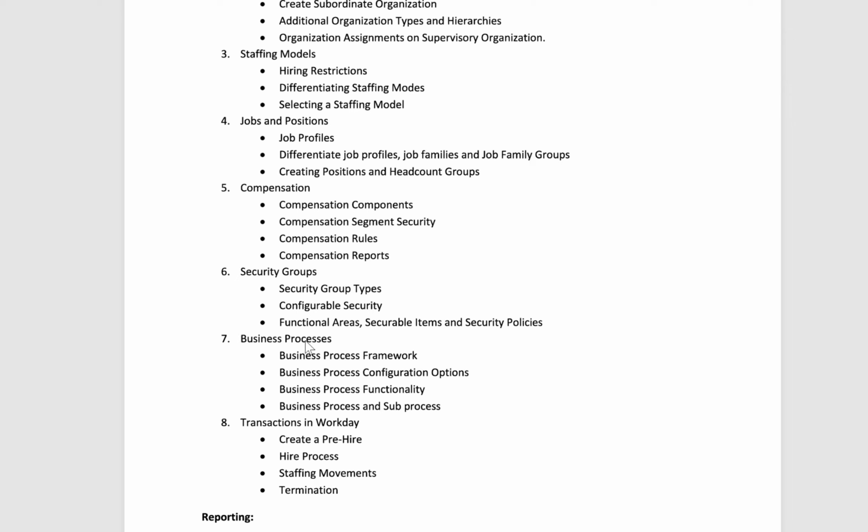Yeah. So, then after we'll talk about staffing movements, which is called change of process. Change of process is a consolidated template, which includes if you want to promote an employee, transfer an employee, demote an employee, or even if you want to do a data change for that employee, we can use